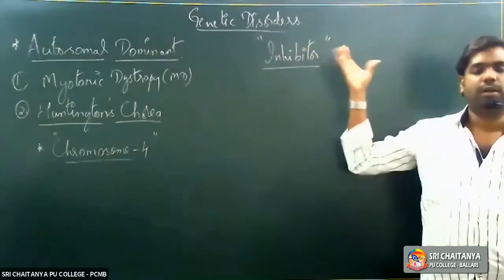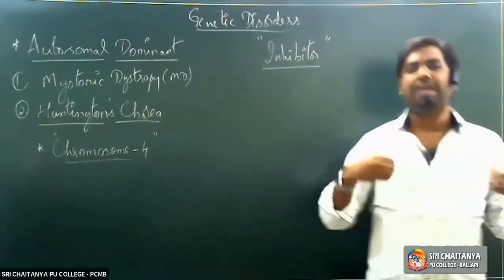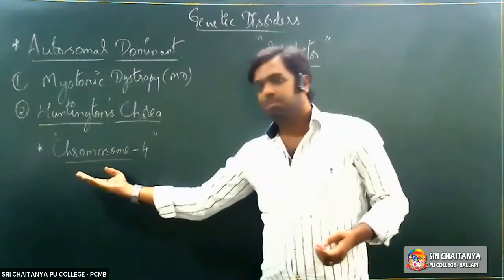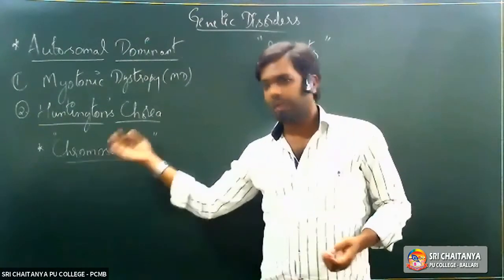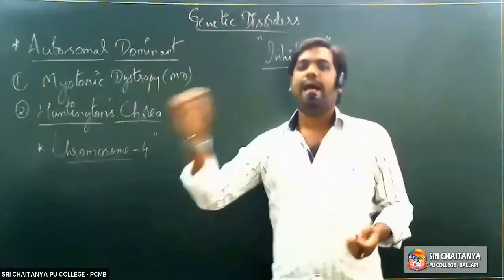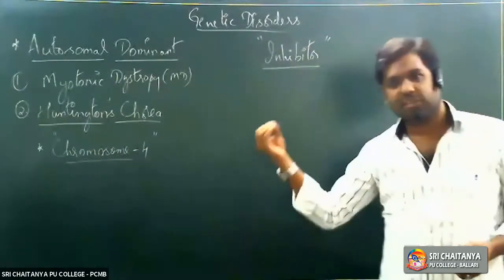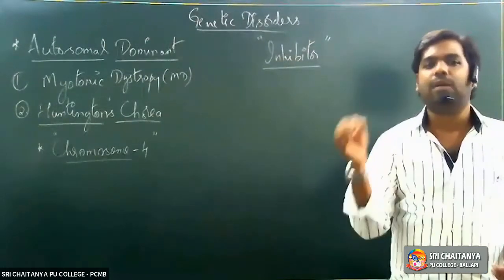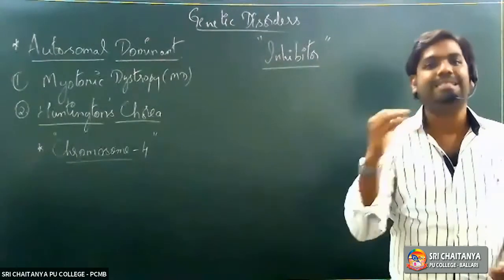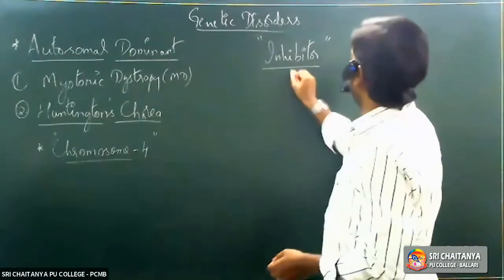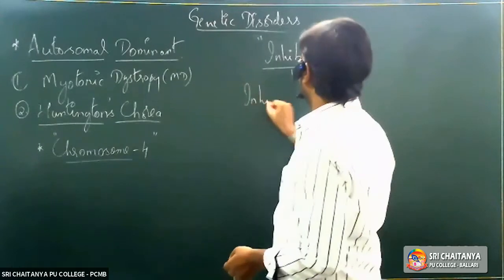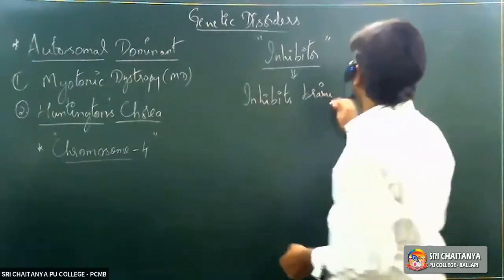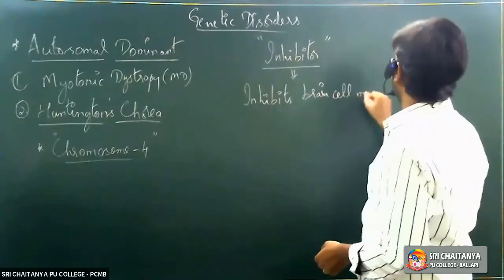Now, what is an inhibitor? A substance which inhibits something, we call it an inhibitor. Because of this mutation of a gene located on chromosome number 4, an inhibitor is being synthesized. Now, what does this inhibitor do? The inhibitor starts interfering with the brain cell metabolism. So what does this mean? Brain cell metabolism